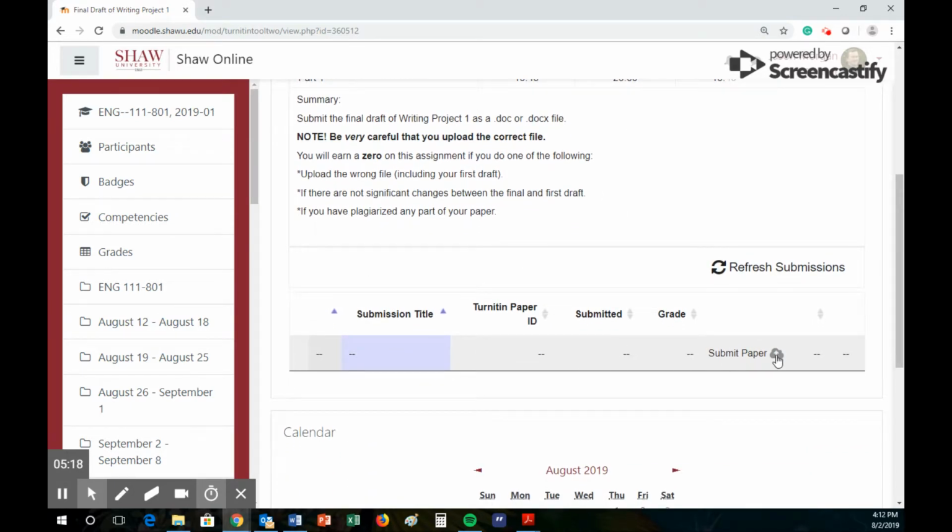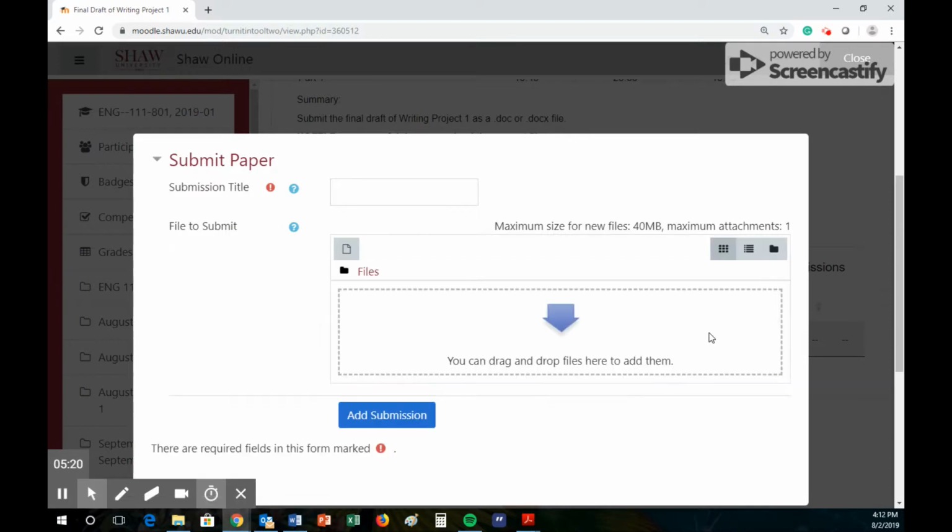This is a little different. You click on Submit Paper. You give it a title, paper 1, and then you can either click here to add the file or drag and drop it and hit Add Submission. Now, your paper is not submitted until you get something called a digital receipt. Once you've hit Add Submission, it'll show on this screen. It'll say Digital Receipt. Your paper has been submitted, and it should send you a copy of that digital receipt